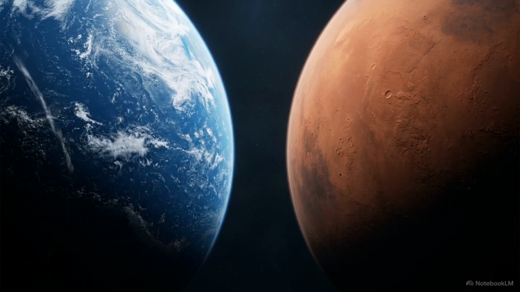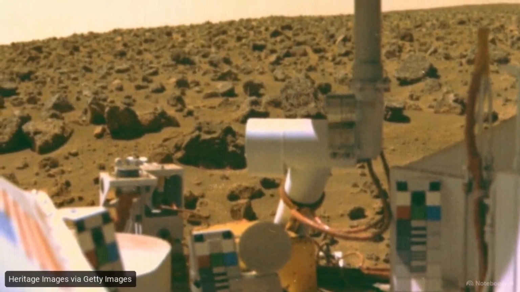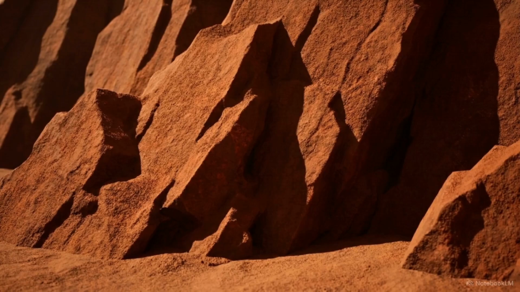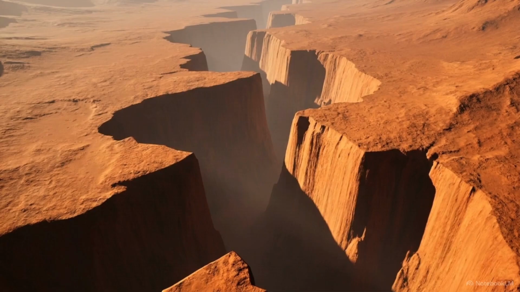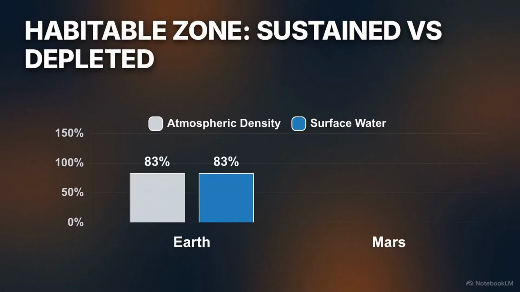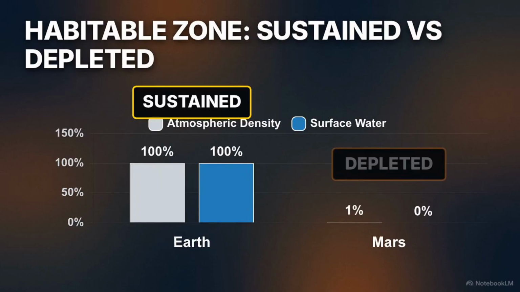Just one orbit further, the environment shifts drastically once again on the red planet. Looking out across this rocky Martian landscape from the perspective of a scientific lander, the view is completely barren. The dry, iron-rich dust and scattered rocks are the only remaining markers of a world that billions of years ago likely held flowing rivers and deep lakes. Earth and Mars illustrate the narrow boundaries of the habitable zone. While Earth maintains a global ecosystem, Mars serves as a physical record of a world where liquid water and thick air once existed, but could not be sustained.